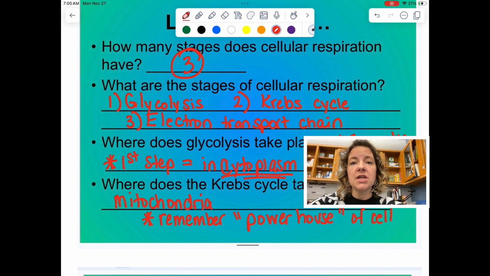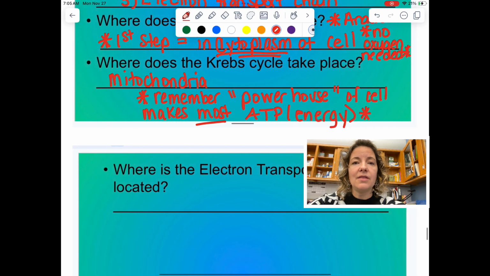And remember, our energy batteries are called ATP, adenosine triphosphate. You just need to remember ATP, the majority of it is made during the Krebs cycle and the electron transport chain, and those two steps happen in the mitochondria and require oxygen, whereas the first step, glycolysis, does not